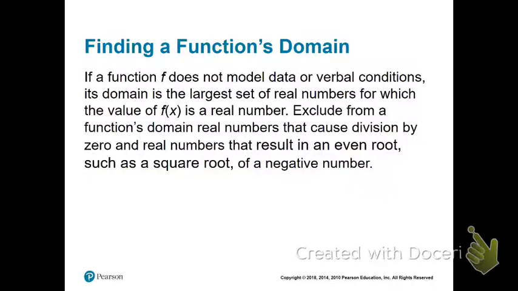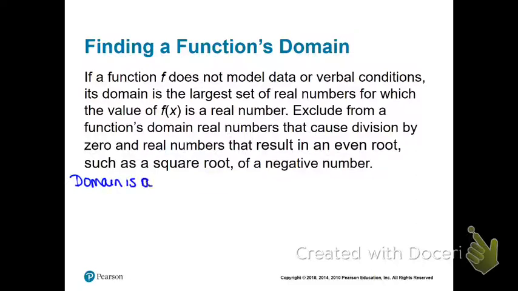If a function f does not model data or verbal conditions, its domain is the largest set of real numbers for which the value of f of x is a real number. Exclude from a function's domain real numbers that cause division by 0 and real numbers that result in an even root, such as the square root of a negative number. Alright, so what it's telling us here is that our domain is going to be all real numbers unless we have certain restrictions here. So domain